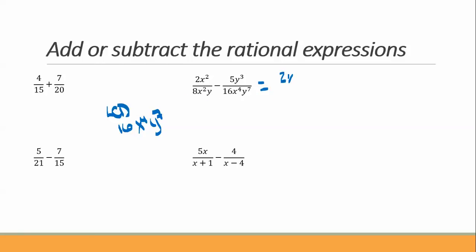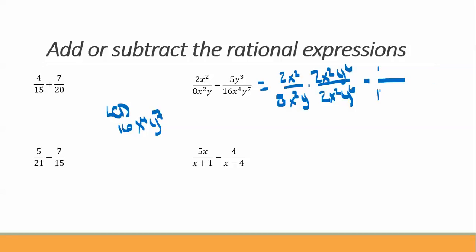So we have 2x squared over 8x squared y, and we need to multiply to get 16x to the 4th y to the 7th. So we're going to multiply 8 times 2 to get 16, x squared by x squared to get x to the 4th, and y times y to the 6th is y to the 7th. Whatever we do in the denominator, we need to do in the numerator. So we're going to multiply by 2x squared y to the 6th minus,